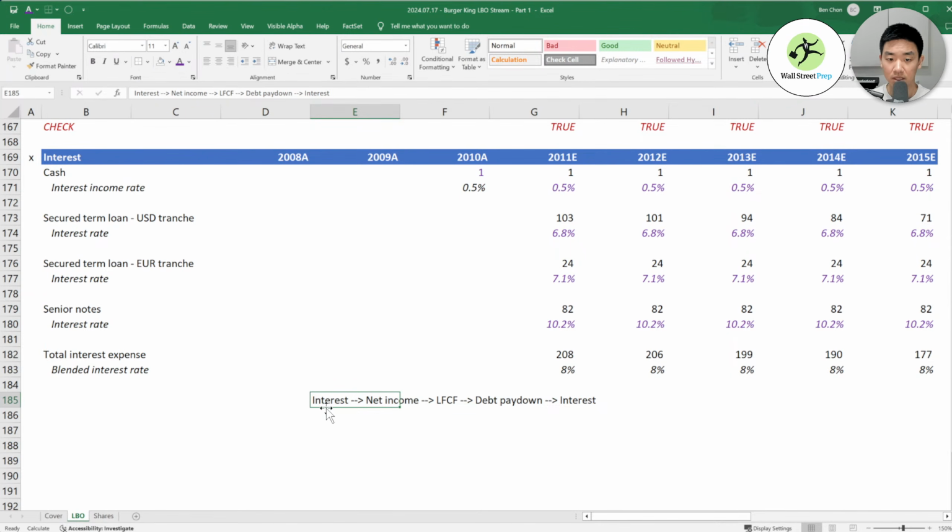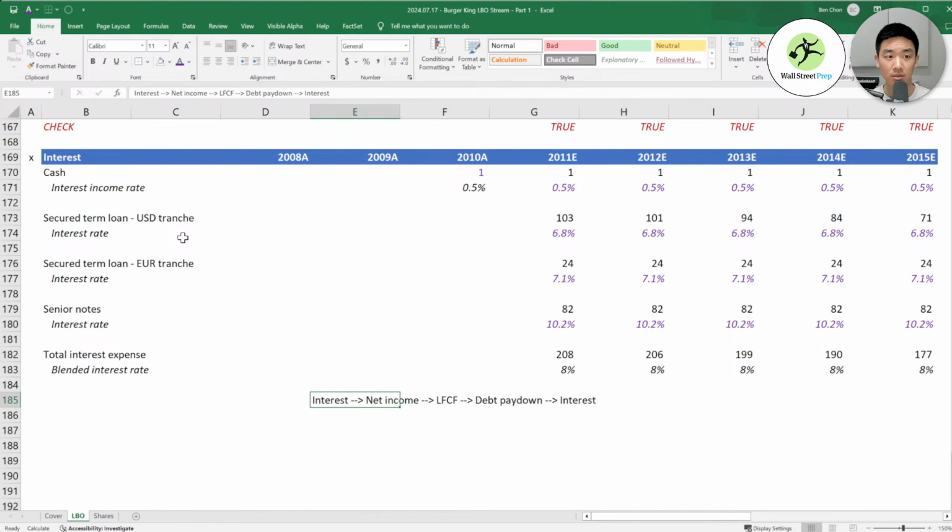If you have less debt, then you pay less interest, right? So that affects your interest, which affects your net income, and so on. So it's like a circular reference like that.